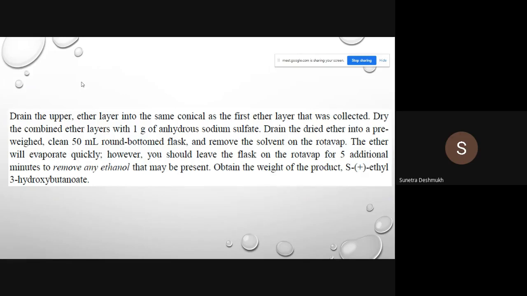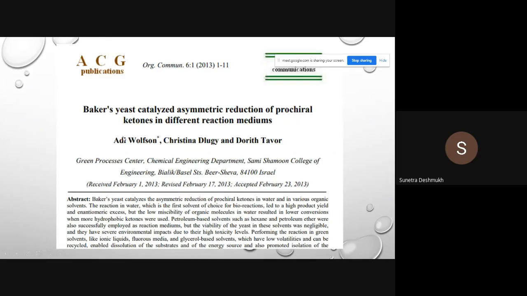It's very interesting, and without any harm to the environment, we can do such reactions at our laboratory level. It's very nice. Here is one reference article I found and I am sharing it with you: an Organic Communications article published in 2010, Baker's yeast catalyzed asymmetric reduction of prochiral ketones in different reaction mediums.